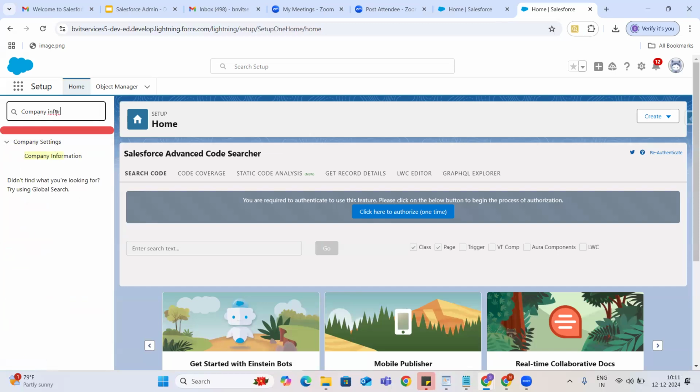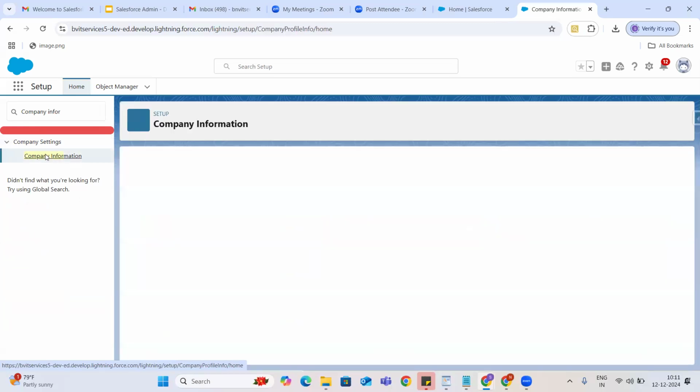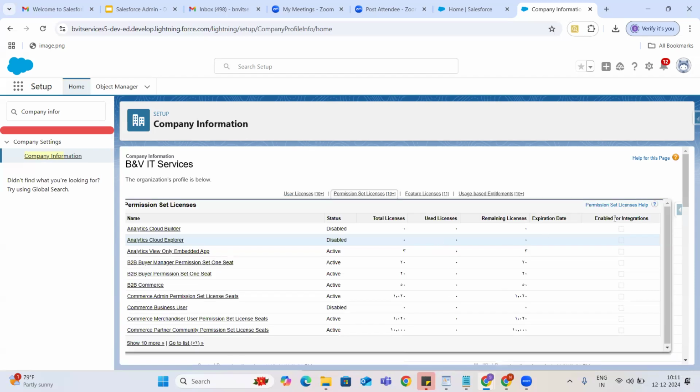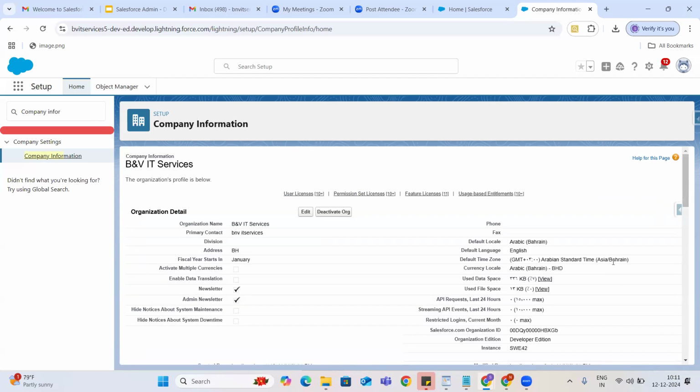In the quick find, whenever you click on company information, you will get company information under company settings. So the default time zone I am using is the Arabian time zone. When I was selecting, it gave me the Arabian time zone.